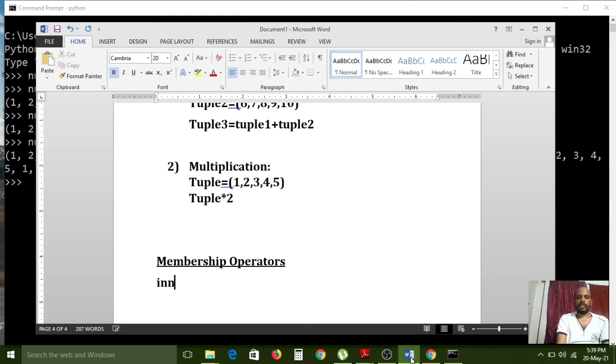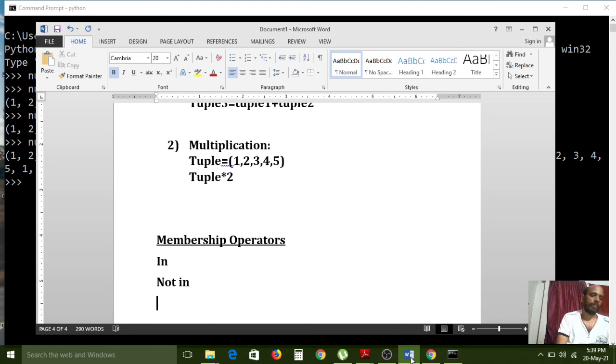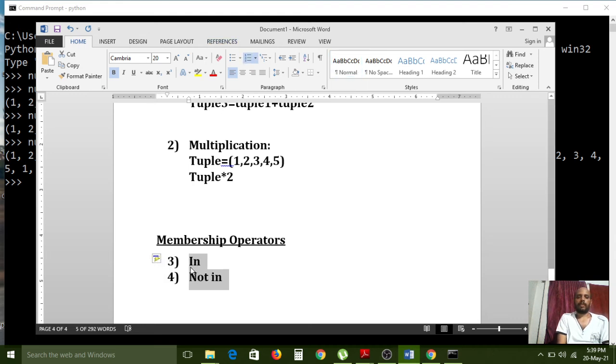For that we use the in and not in operators. These 2 are membership operators.